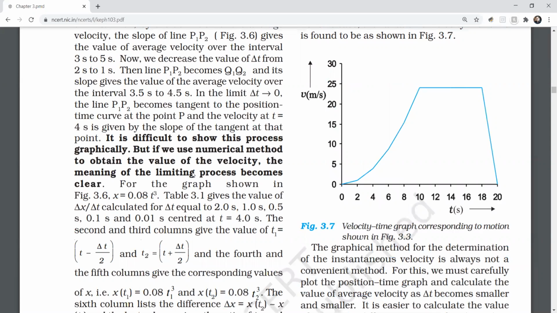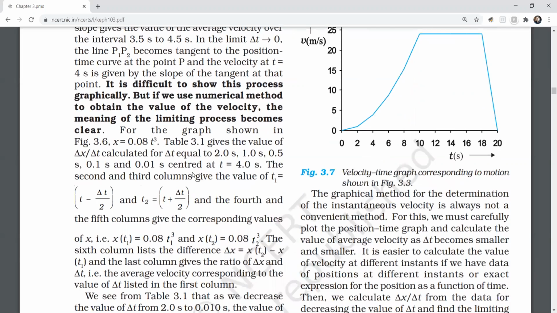You see at the 20th second, the velocity has come to almost 0, because after the 20th second, it has not moved. And you also see that there has been uniform motion that has continued for a long duration, and you see that here as well. So till the time it has reached say 9 seconds, there has been acceleration, and after 9 seconds the velocity has remained constant.